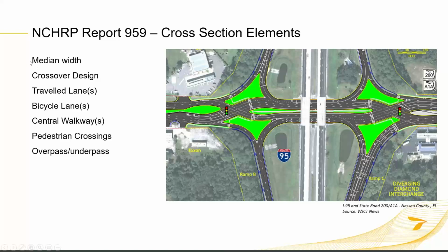There are medium width, as we know, that it's some sort of a varying width over the median. Median in DDI will probably have different functionalities, such as accommodating our active transportation facilities. Then crossover design that we discussed. These are the travel lane when we are accommodating the vehicular traffic. We have a bicycle lane. Most of the time, it is inside. It is adopted. It is designed